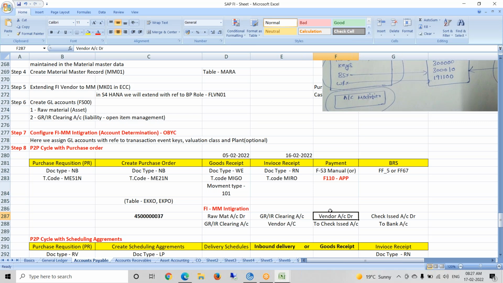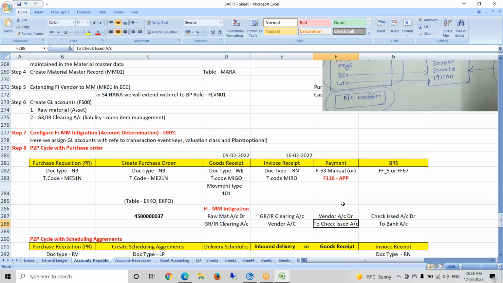Whenever we are executing payment to the vendor, the payment is happening in the SAP system only. This communication has to be sent to the bank, and the banker will clear the amount from your account. Till that entry is executed, we post in SAP vendor account debit to check issued account. The check has to be presented by the vendor in the bank and realized, encashed, and it takes minimum 3 days, or 5 business days. Till then it will be in the check issued account.